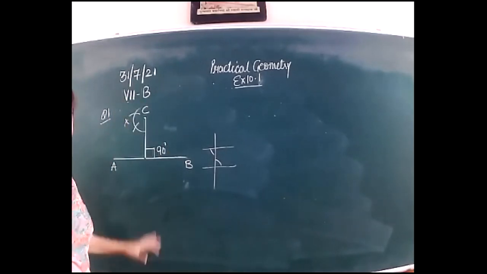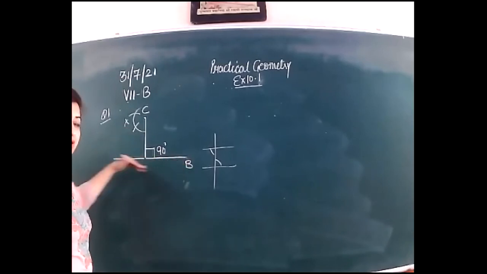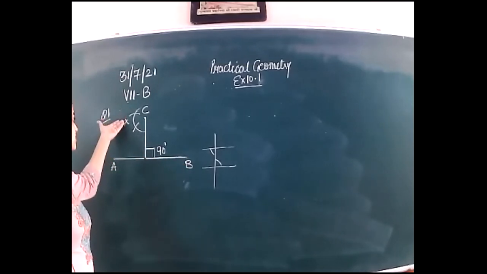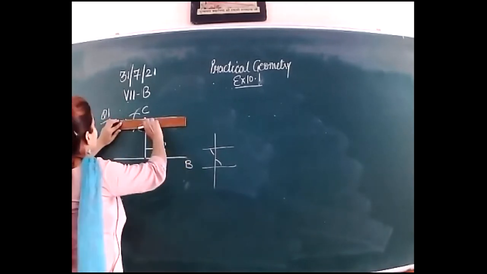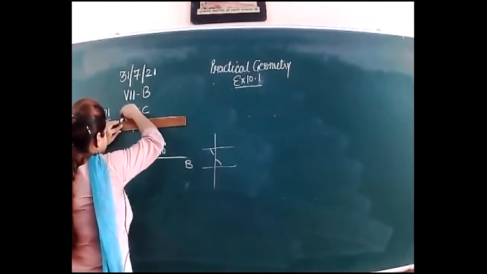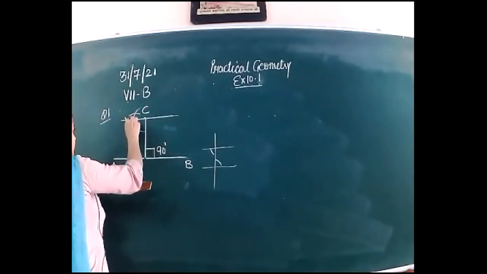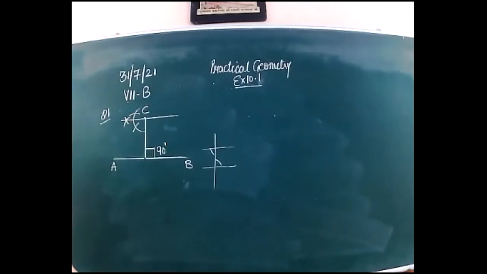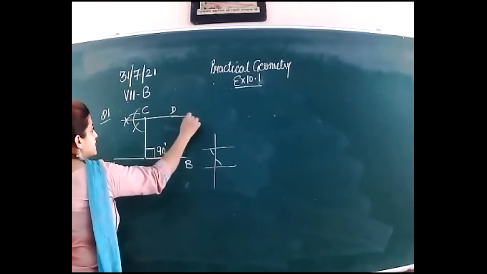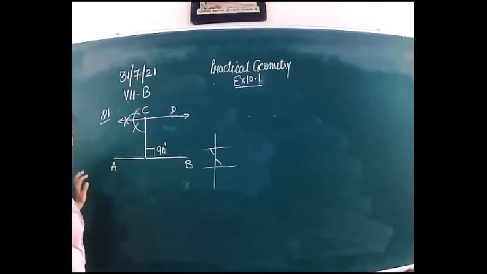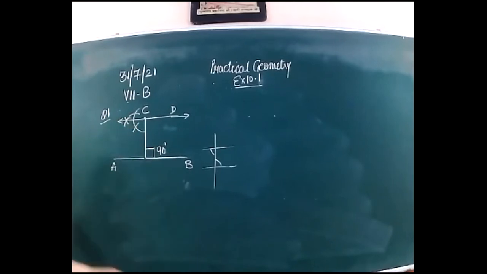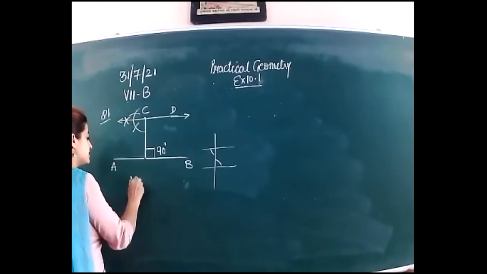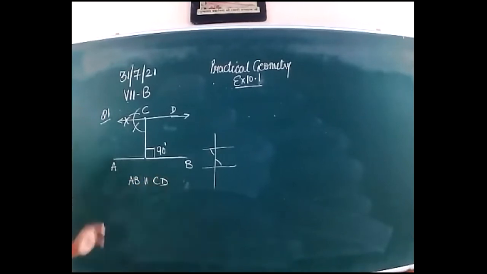The same way that you were constructing 90 degree on the base, we have constructed 90 degree here from this point C. Now you will join this. This will give you a line, its name is CD, which is parallel to this AB. Both the angles are 90, 90. So this line must be parallel to AB, must be parallel to CD. Do it, hurry up.